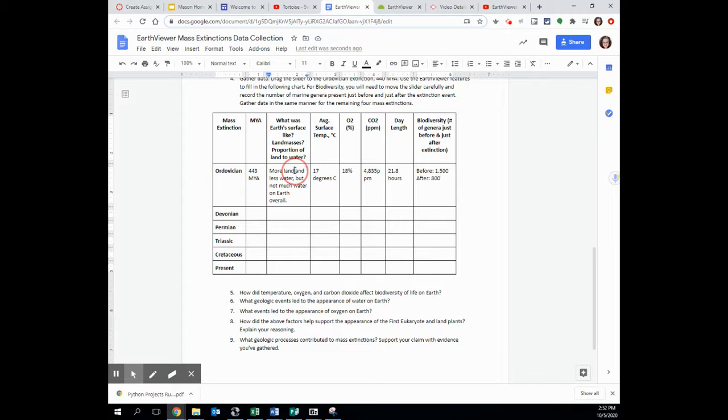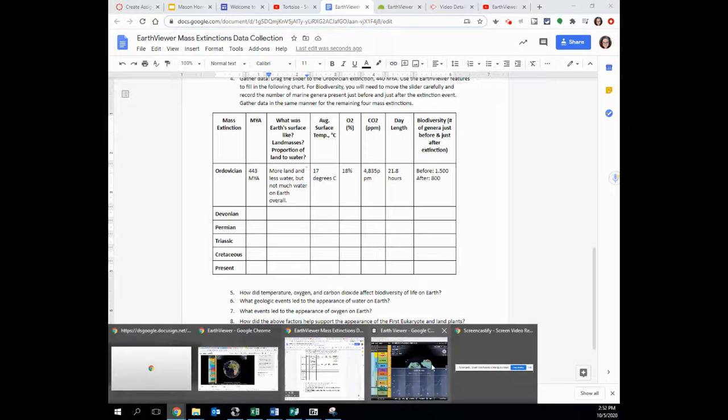I do want to make sure there was more land, but not water on Earth overall. Okay. And that's how you fill